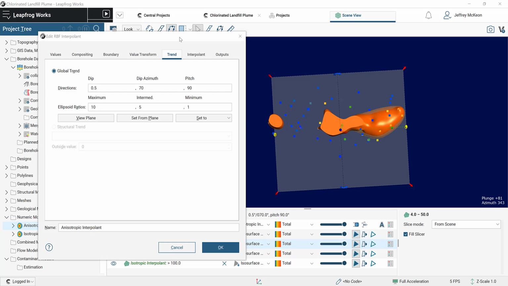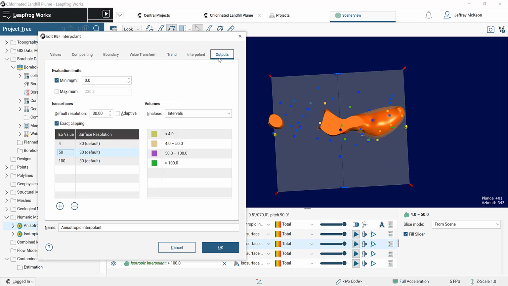I also want to come in and adjust my outputs. So we don't need all of these different thresholds. We only used these in the isotropic model to kind of understand the behavior with these low concentration, medium concentration, high concentration populations. For the purpose of creating a domain for the plume, I'm just going to use a threshold of above 4